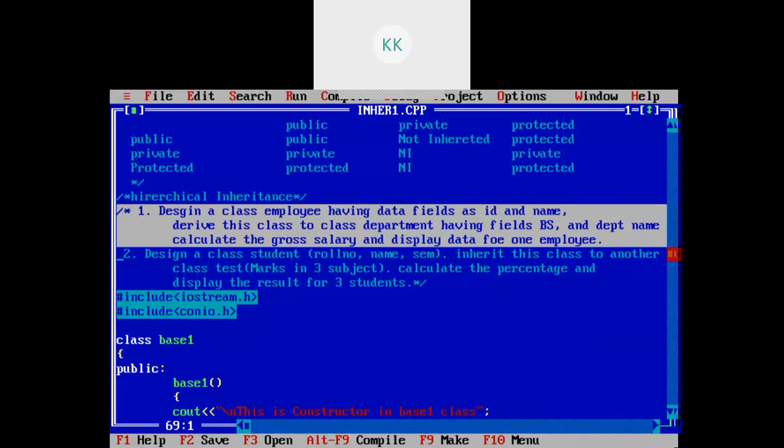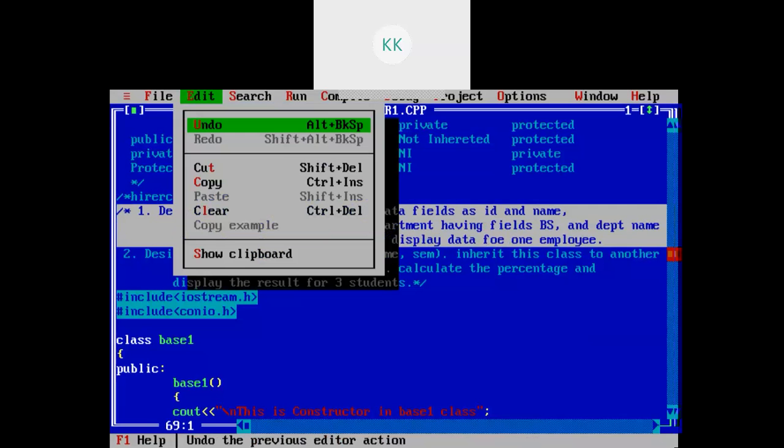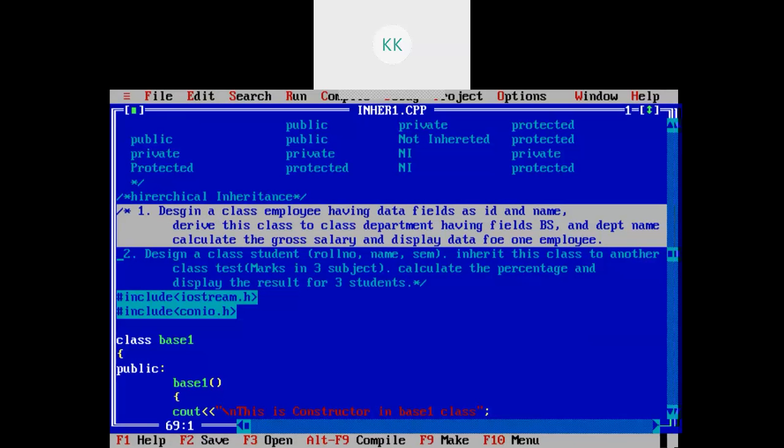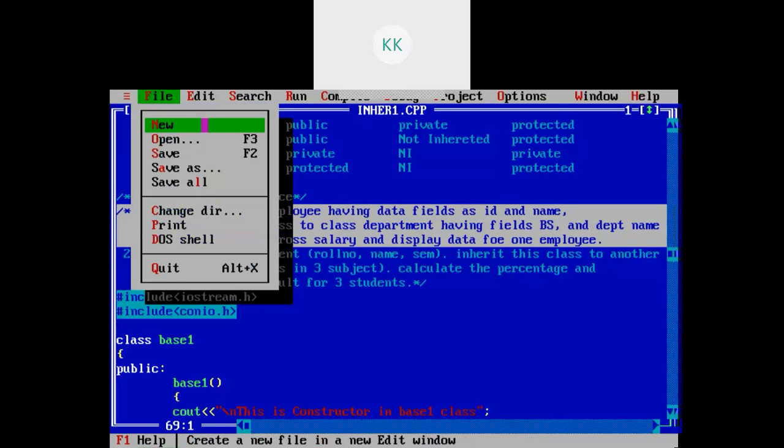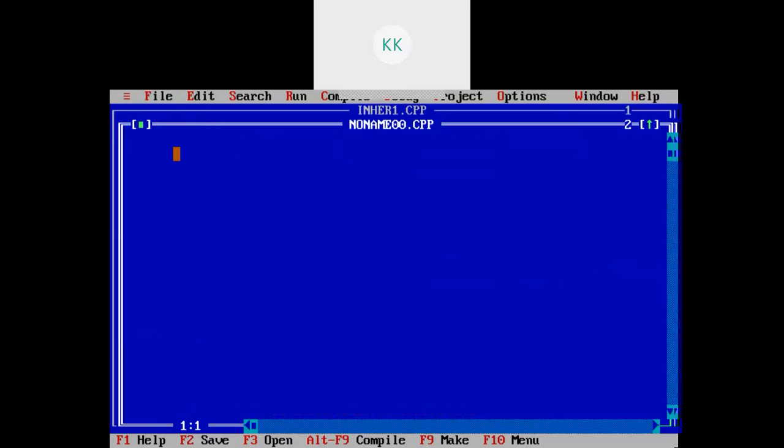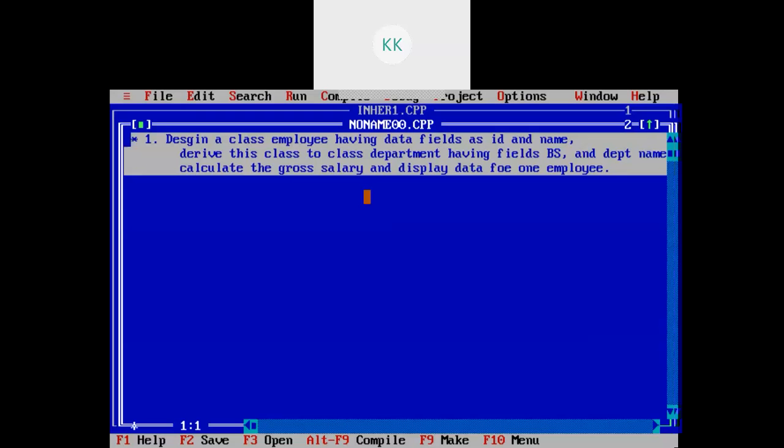Okay. So in the last class, I gave you two assignments. We will try to do one assignment today, and then we will see the virtual function. Okay, so this is your problem statement.